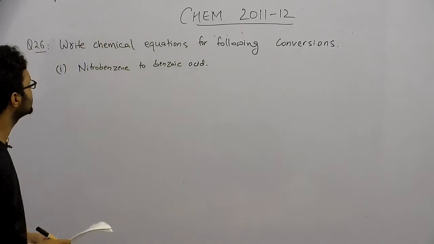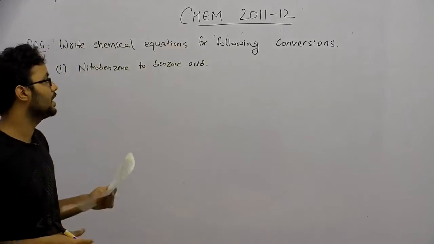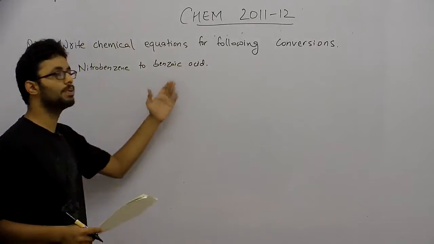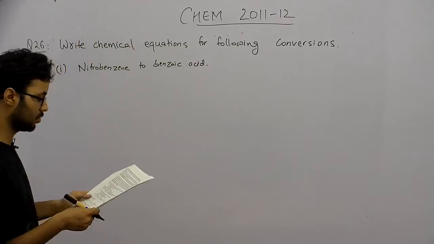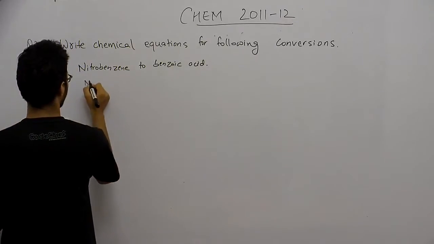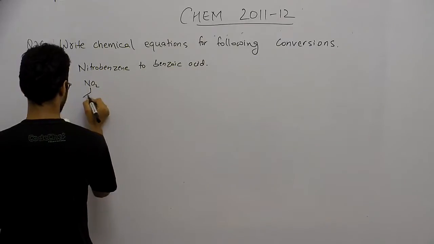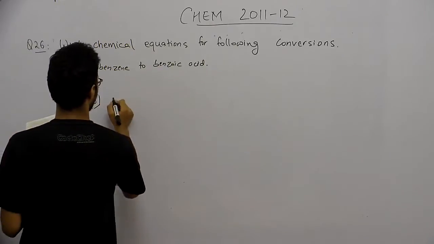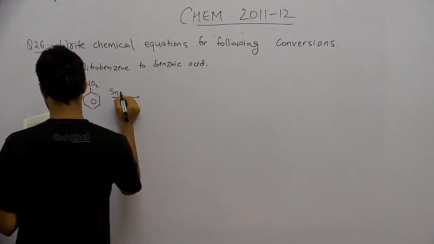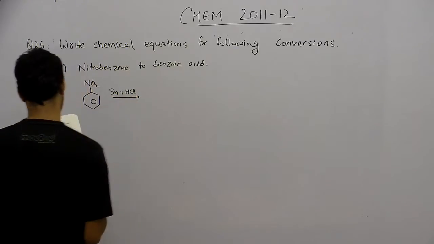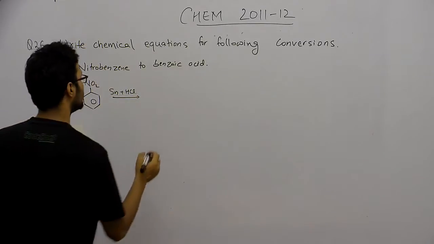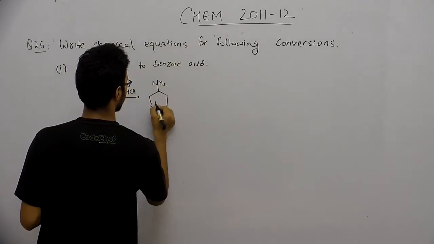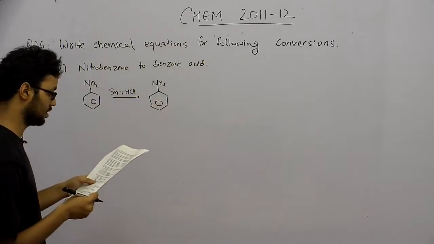So the next question is, we have to write the chemical equations for the following conversions. We have to convert nitrobenzene to benzoic acid and write all the steps involved. So first, this is nitrobenzene. We will react it with, so we know this will reduce it to this. Now we will